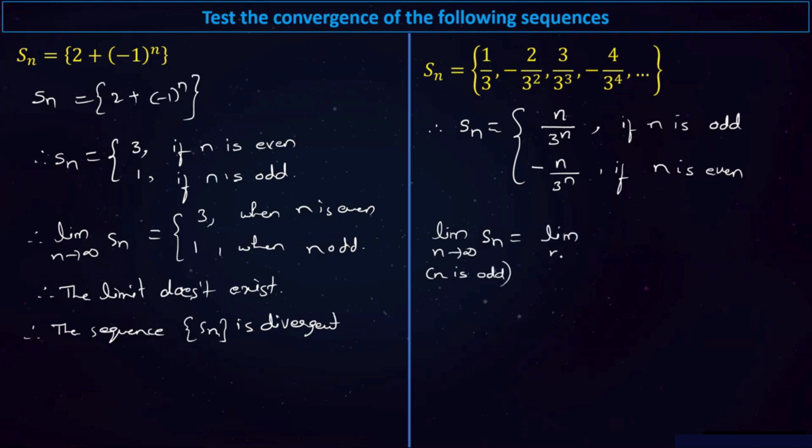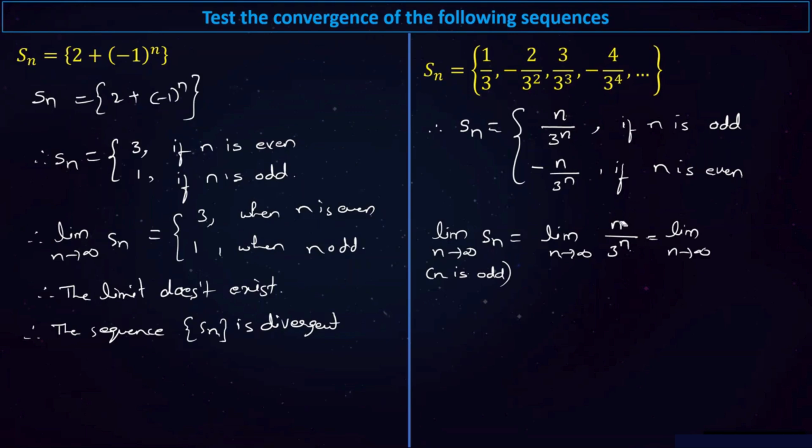You see, in this case, limit n tends to infinity, when n is odd, Sn is actually n divided by 3 to the power of n. See here, you cannot directly take n tends to infinity in these two, because both numerator as well as denominator approach infinity. So what you can do, you can use what you call L'Hospital's rule. When you use L'Hospital's rule here to calculate the limit, you'll get 1 divided by,